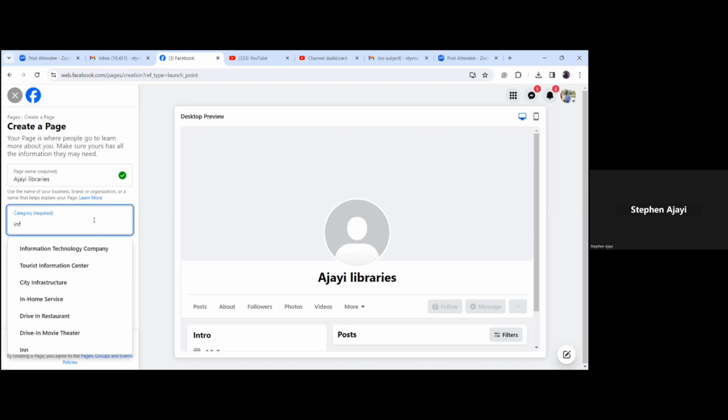Is it a city infrastructure? So what you have in mind is your objective, which we mentioned while talking about our goals. You now bring it in. What is the objective of creating that page? Do you want to have it as an information technology company, or just a tourist information center, or you just want to have it